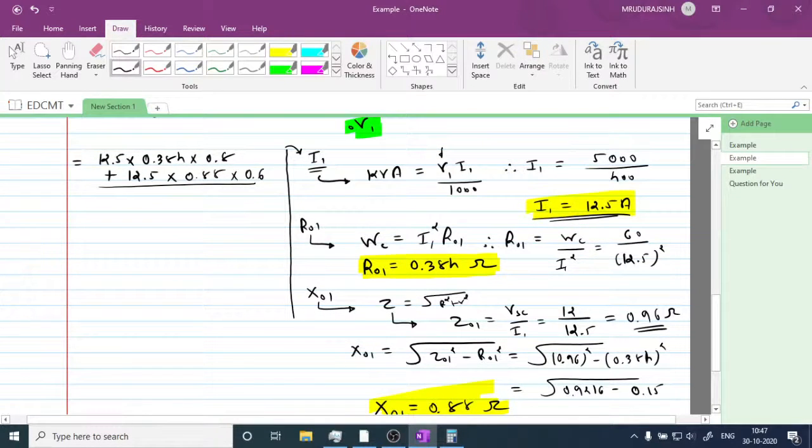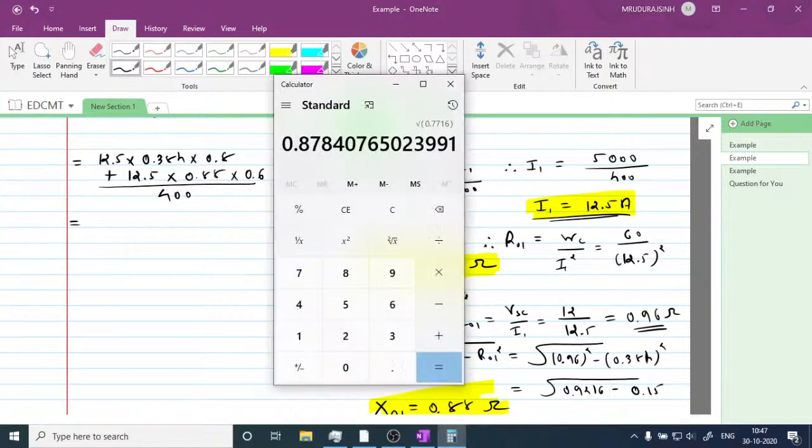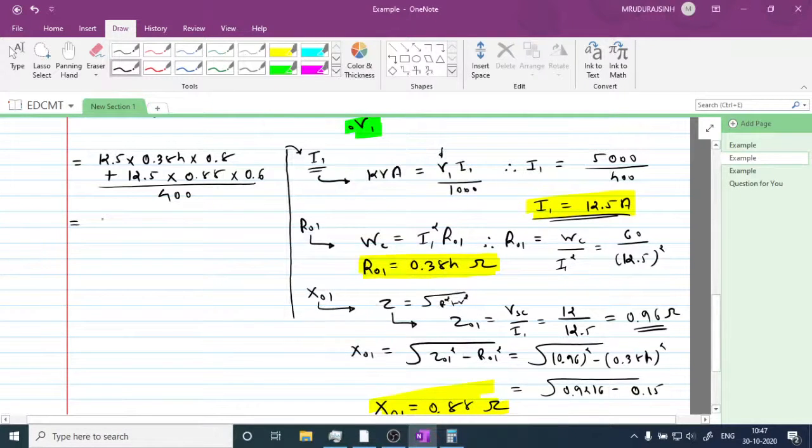So it's 400. Now let us calculate this. 12.5 into 0.384 into 0.8 gives us 3.84. 3.84 plus